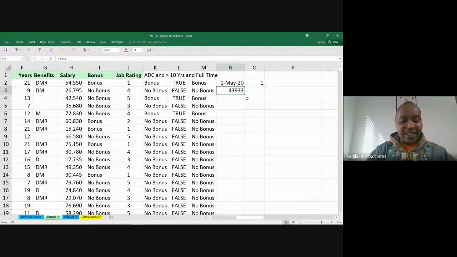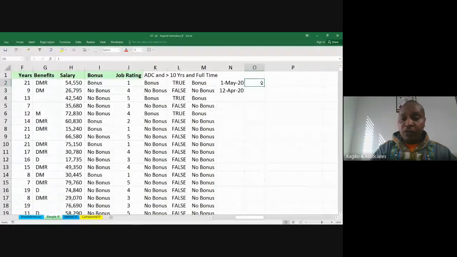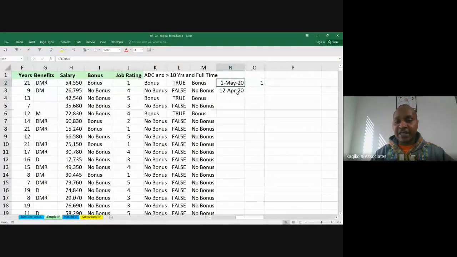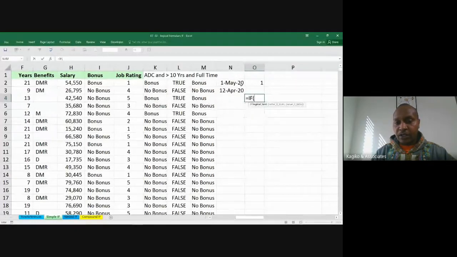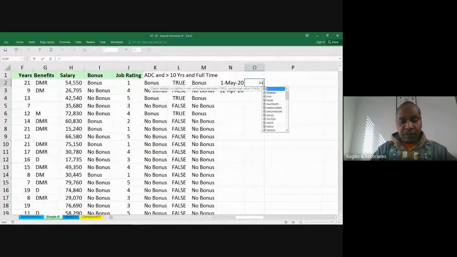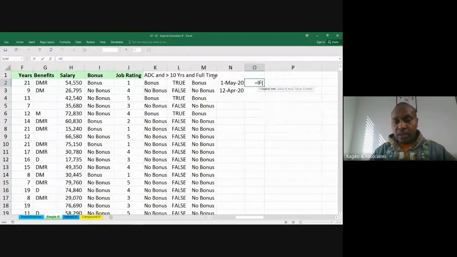So if you understand that, then what does it mean? It means for you to do an evaluation, you are evaluating whether this number is greater than this number, and so forth. So for example, if you want to test equals if, the logical test is whether, sorry, let me put it next to this, equals if this date,